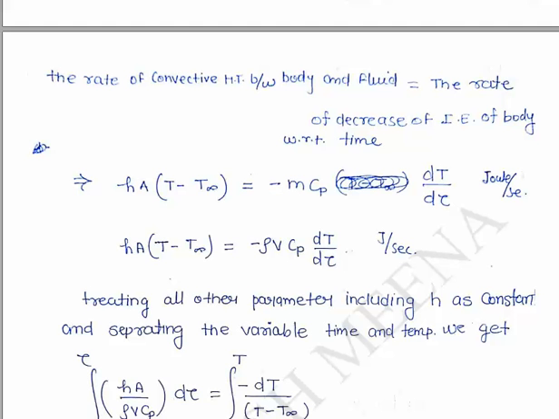The equation that will be formed is hA(T minus T infinity), where h is the coefficient of convection, A is the area, T stands for the internal temperature, and T infinity is the temperature of the ambient fluid. That will be equal to minus m Cp dT by d tau, in joules per second. If we simply write it as hA(T minus T infinity) equals minus rho V Cp dT by d tau, where m is replaced by rho V,